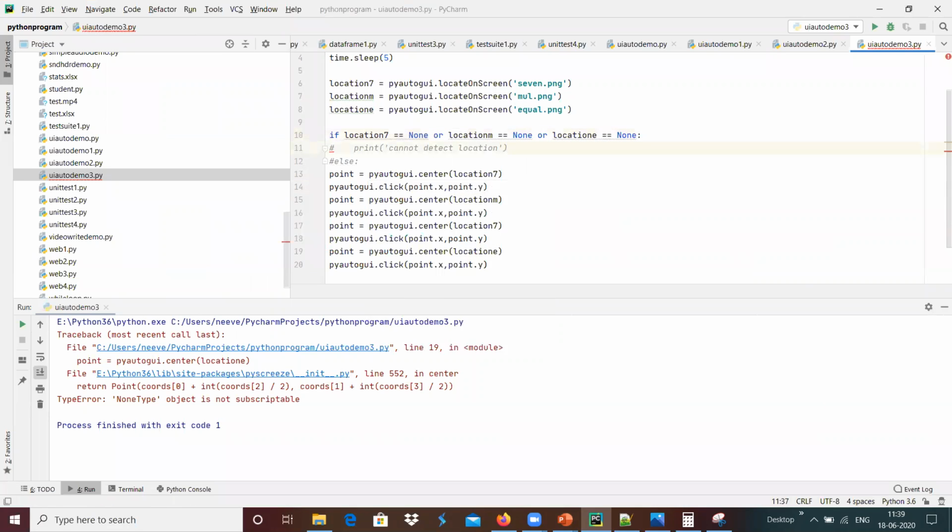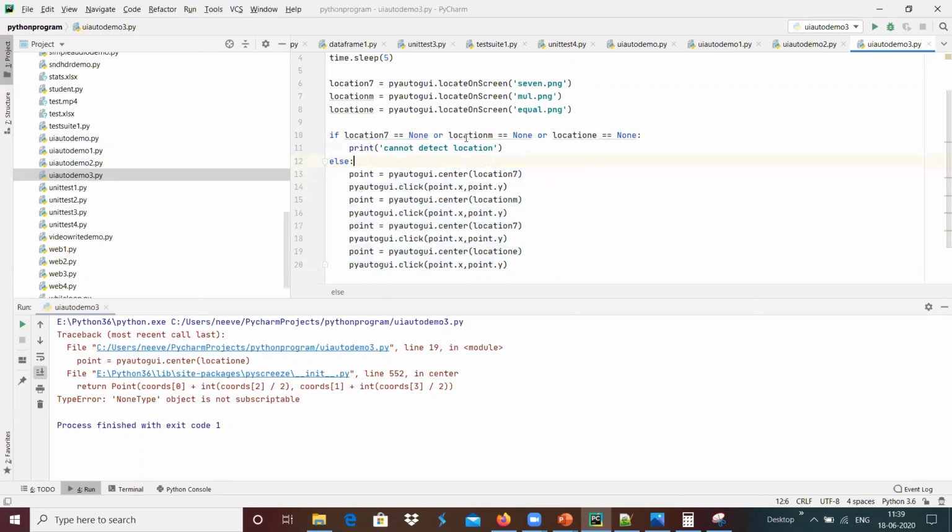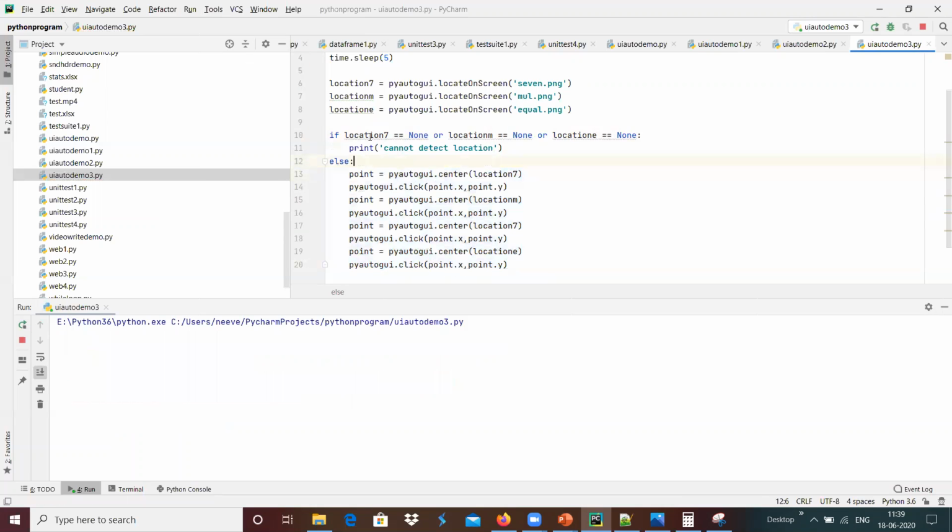That maybe provides some kind of outputs. Instead of doing the bitwise operation, we can use a logical operation of or over here.